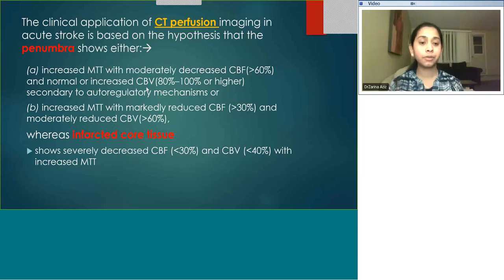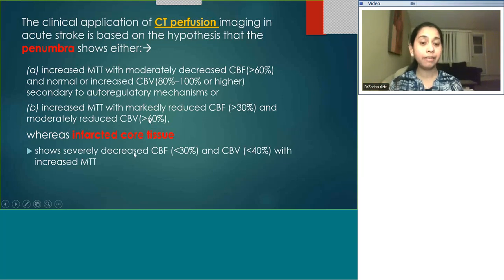particular tissue. Because of autoregulatory mechanisms, if the collaterals open up, there is more blood volume in that particular area. So even if the CBF decreases, the CBV will try to maintain itself, and that is why it is called the penumbra. And also the MTT would be increased. But there is another possibility, that the MTT is increased with markedly reduced CBF and maybe moderately reduced CBV. That means the autoregulation is not really working well, and there could be some minimal change in the CBV as